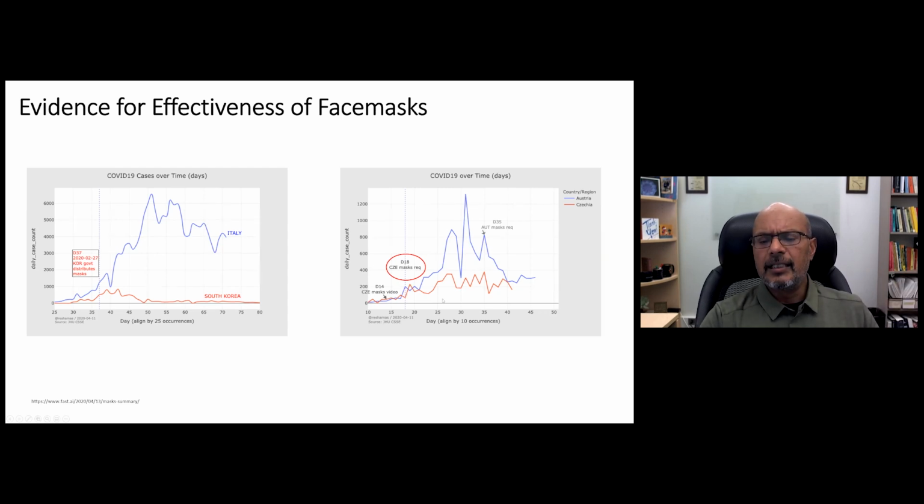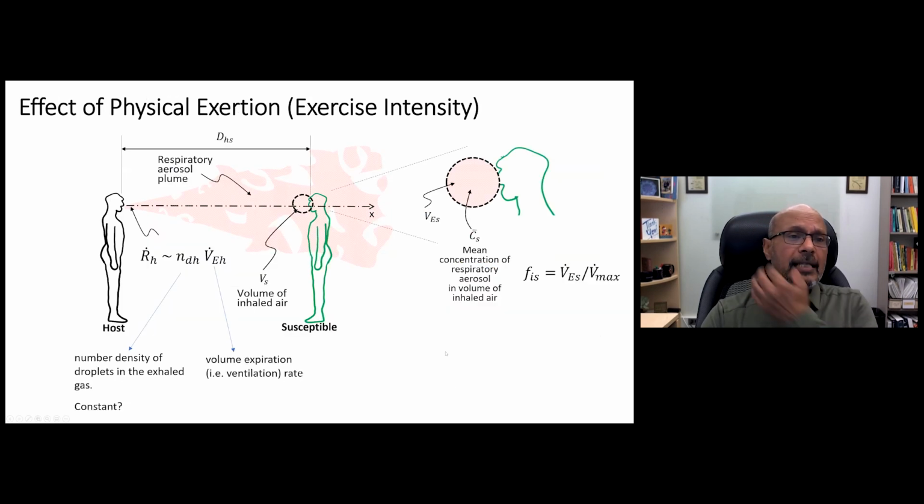Similarly, you can see comparisons between Czechoslovakia and Austria, which are geographically very similar, very proximal countries. And you can see that mandating masks has a huge impact on infection rates. One last thing, I guess, we can also use this inequality to look at the effect of